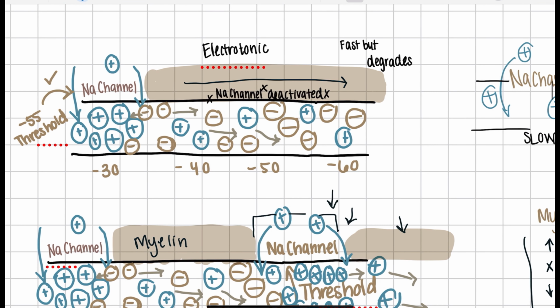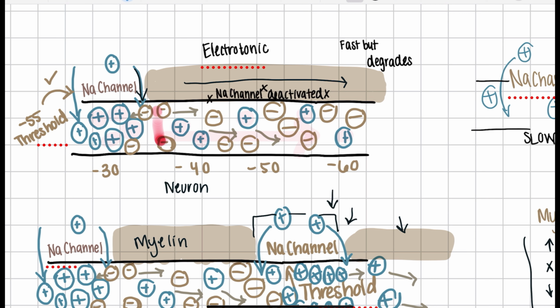So electrotonic conduction is super fast, but it degrades. If you look at this neuron right here, we have our input into the cell that triggers that positive influx of sodium. And what electrotonic conduction is essentially, if we have these positive influx of cells, naturally, positive forces are going to repel each other. So these positive ions that are within this other part of the neuron, they're going to repel each other, and this is going to continue down the length of the axon,